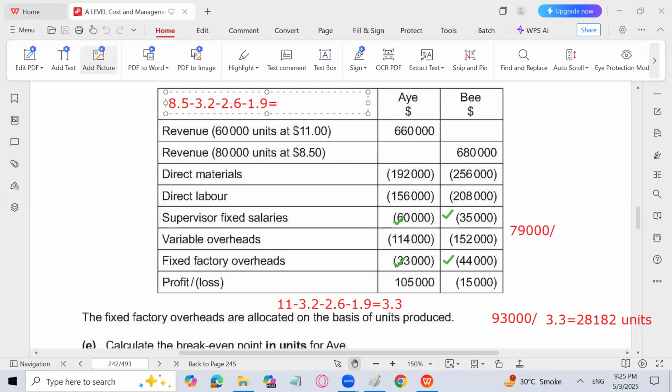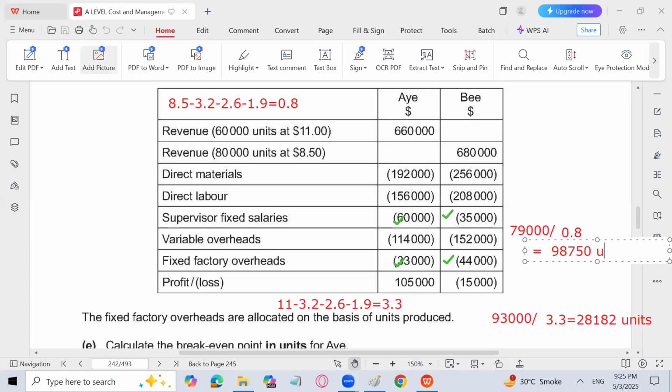That is 0.8. So 0.8 is going to be the contribution per unit for B. So fixed cost is 79,000, 0.8 we will divide. We will get the, let's calculate it, 79,000 divided by 0.8, 98750,